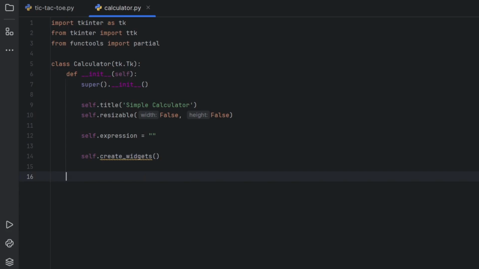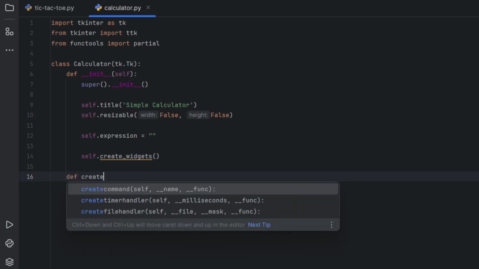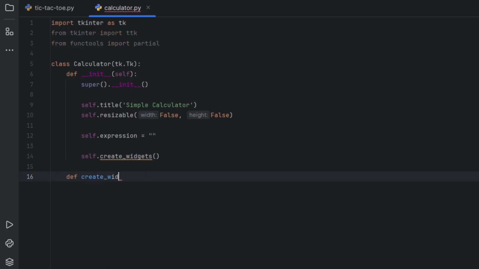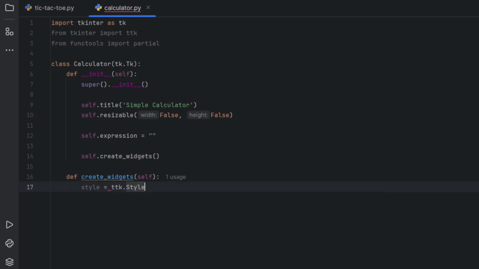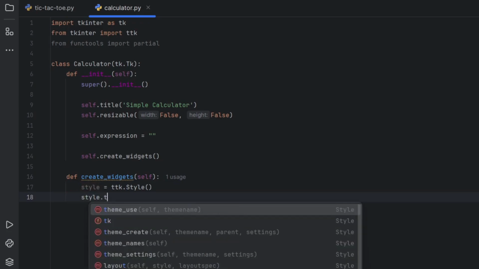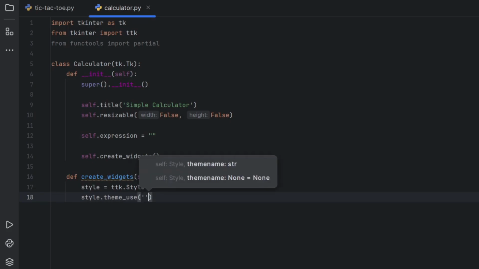Alright, so now to create widgets, first we need to create the definition. So here what do we need? We need to provide the configuration, which is your style configuration. So for this I need to have a style object. Now I want to choose a modern theme so that it looks good. So this is where you can use the theme_use method, and you can provide the theme name. So for me it's clam,